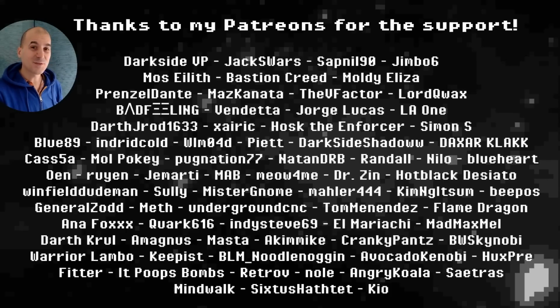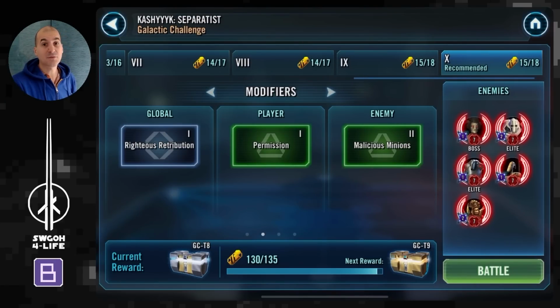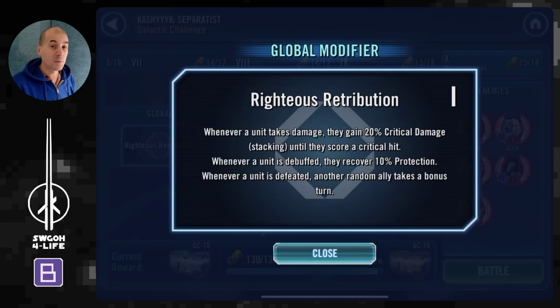So we have the return of Hutt Cartel. It's been a weekly thing, and looking at data mine, still for the next few weeks we'll have Hutt Cartel challenges every Friday. So as always, I'll cover the modifiers and defeats first and then show you the battles. If you just want to skip through to the battles, you can do that using YouTube chapters below as usual. Otherwise, let's first kick off with the modifier, and it's actually this very specific global modifier that's causing